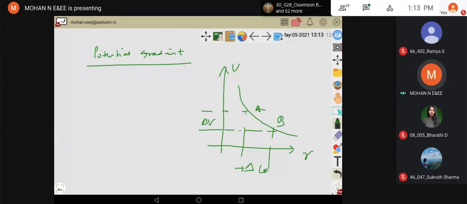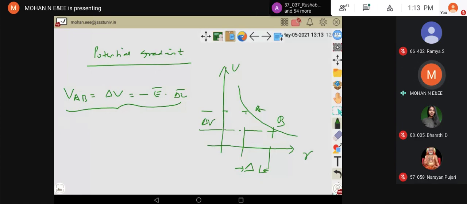Okay, so your VAB in this case is nothing but the small change in the voltage, the change of potential, that is delta V. That is given by minus E vector dot distance vector. This is what we have discussed in the previous sessions. So the line integral between 2 points is nothing but E vector dot distance vector, and you just have to find,